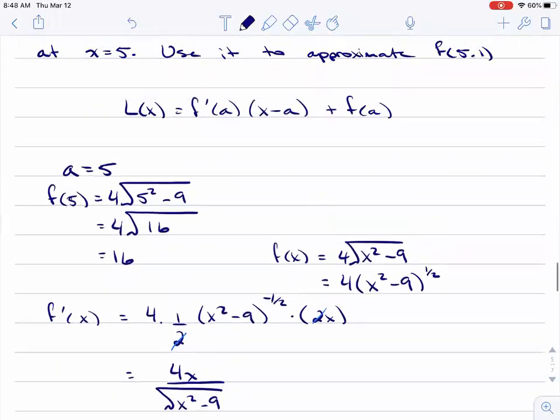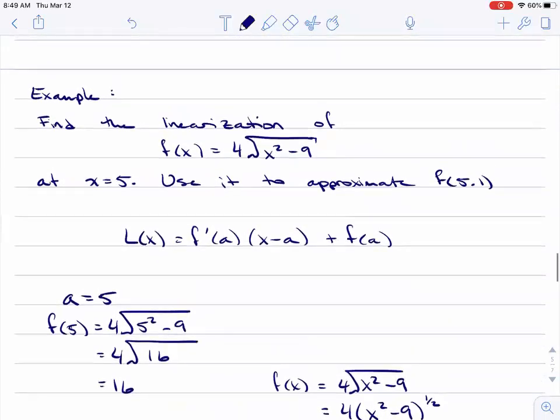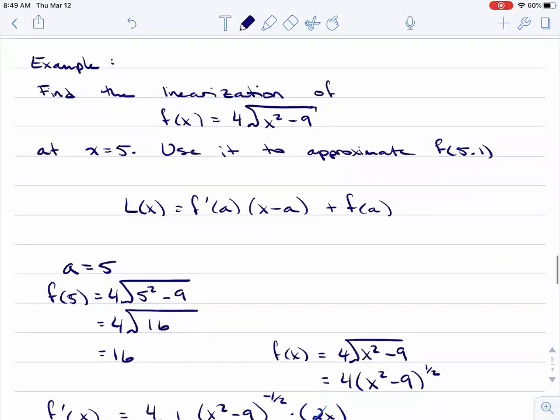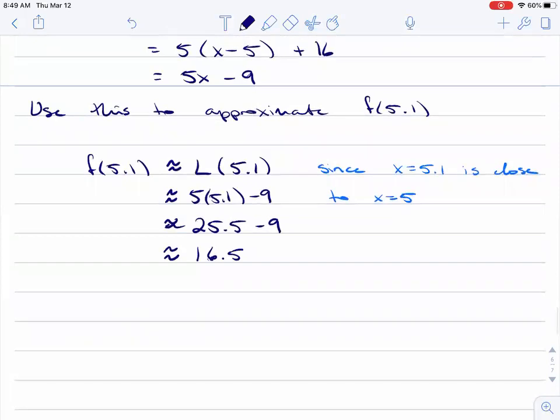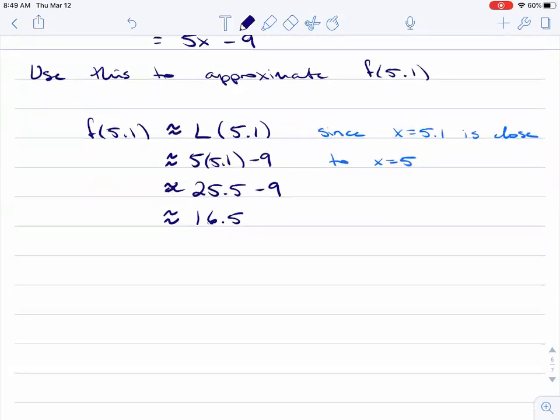The f of 5.1 would be 4 times the square root of 5.1 squared minus 9. Right? Well, that's tricky. Way trickier to do than what we had to do down here, right, with the linear approximation. And so that's where it all came from. Let's have a look at our actual